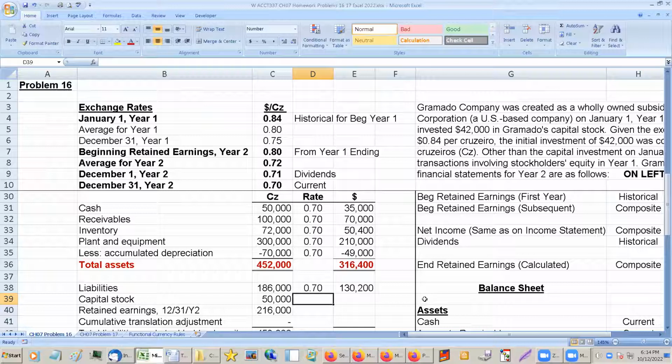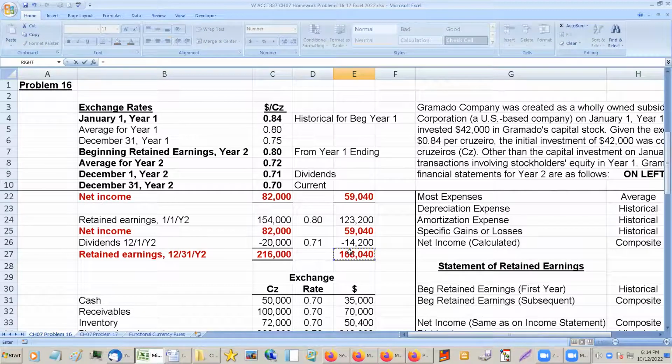Would that be 0.84 historical? Perfect. Yep. So this 84, that's what it was when they actually bought the stock. So this is actually going to go in at the historical rate. And then our retained earnings are at